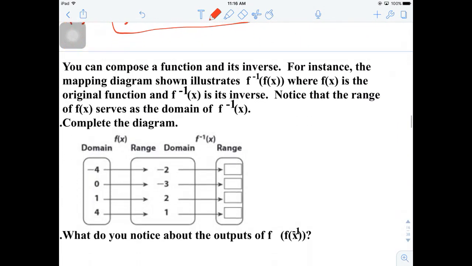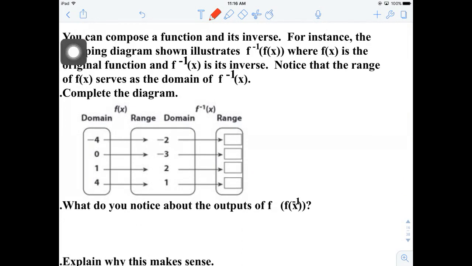Next, we're going to take a look at the idea of how the composition functions are related and how we can find the inverse of two functions. You can compose a function and its inverse. For instance, the mapping diagram shows f inverse of f of x, where f of x is the original function and f inverse of x is the inverse. Notice that the range of f of x serves as a domain. Remember,